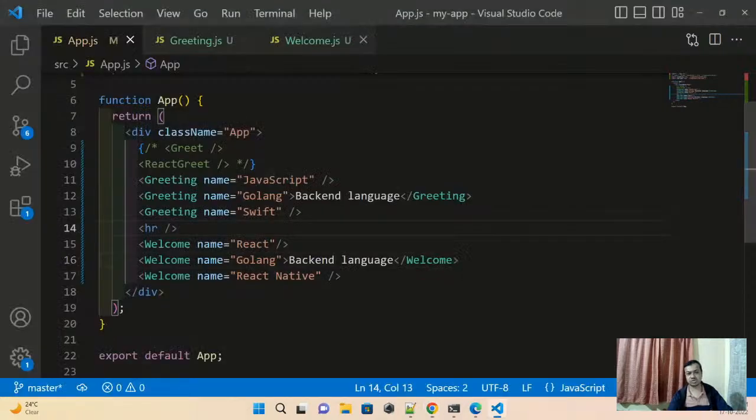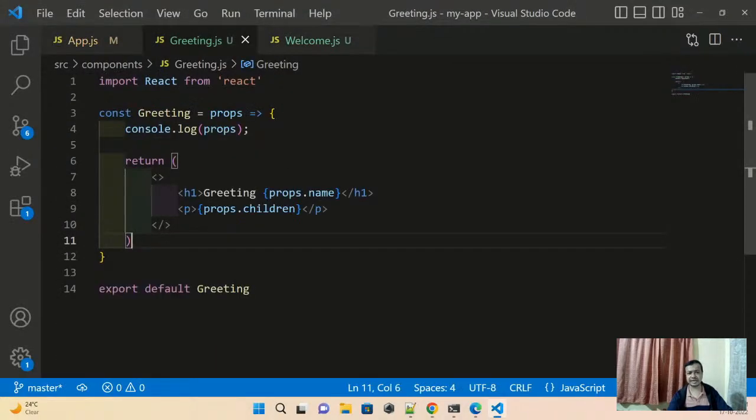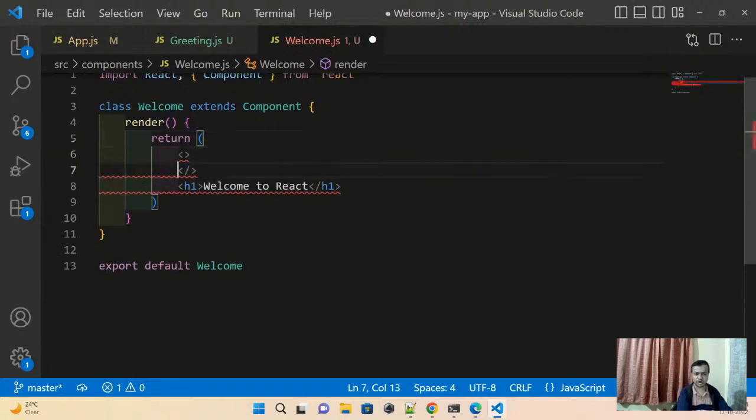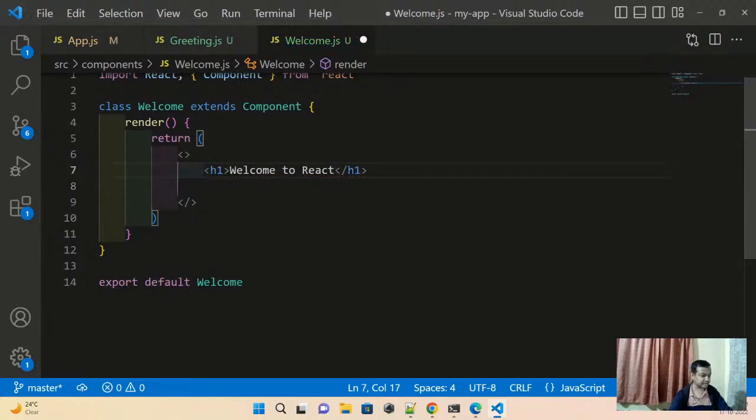Here I cannot have something like a props parameter. So how do I get it here? I get it with something known as this.props. This is a bit complicated in JavaScript, and we are going to learn more about it later on. I think we have already learned about this in the JavaScript part. So in this Welcome,